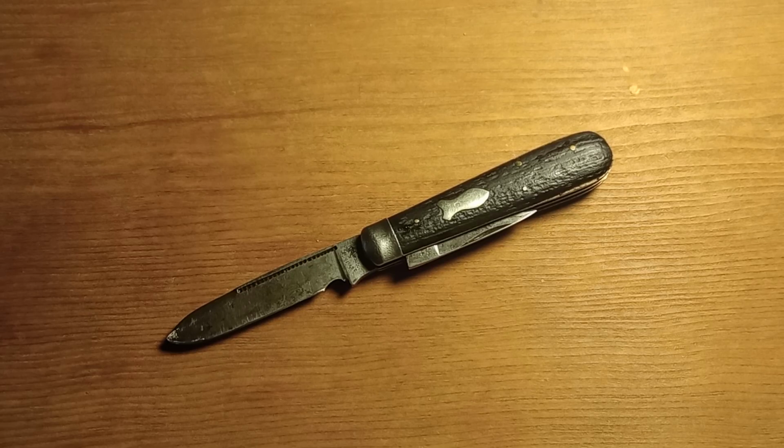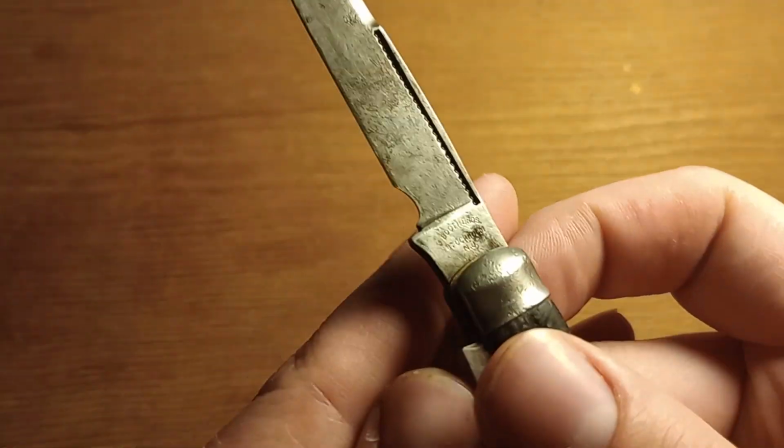So this knife is a very recent antique mall find for me. I found a vendor who had a bunch of knives in jewelry cases, and I found one of the jewelry cases that had what were very clearly some fairly old knives in them, and I dug through all of them and picked out one that I wanted. And I didn't do any real research on it until I got home, which is interesting because this right here